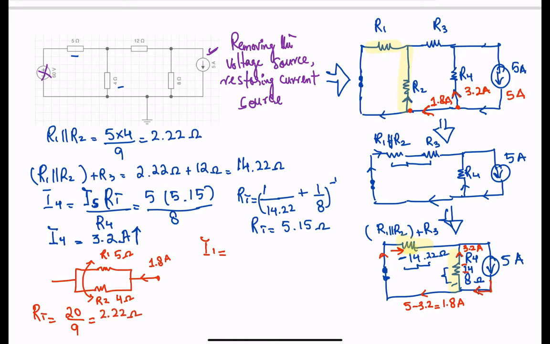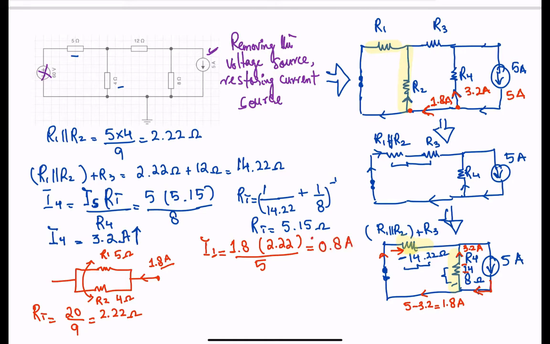So I1 is the total current, 1.8 amps, times the total resistance, 2.22 ohms, divided by the component across which you are trying to find the current, which is R1 in this case. R1 is 5. So if I do the math, 2.22 times 1.8 divided by 5,